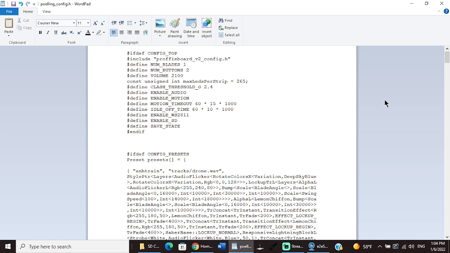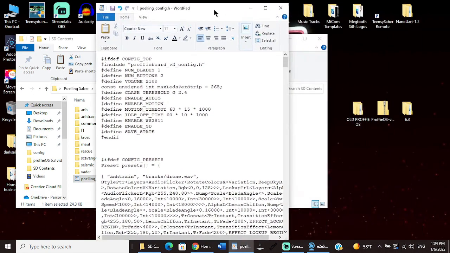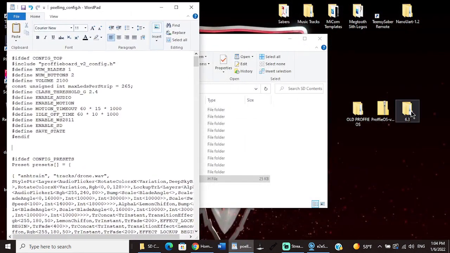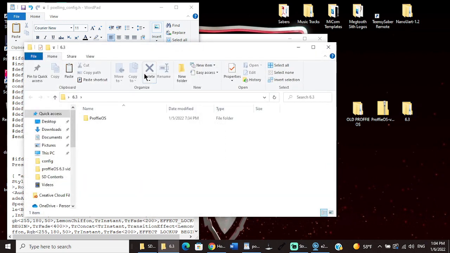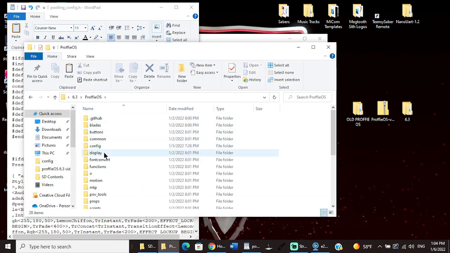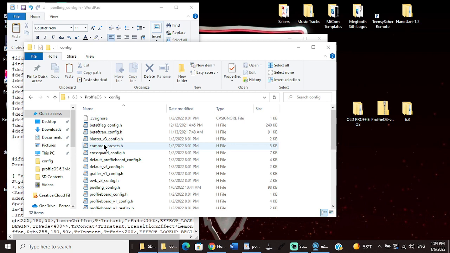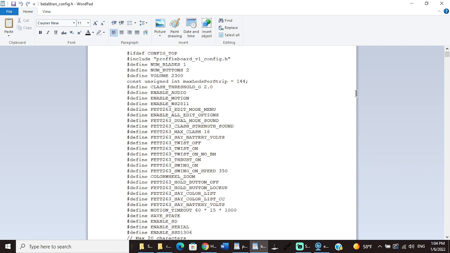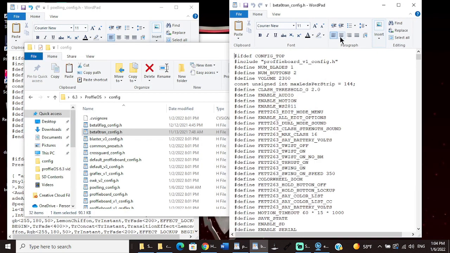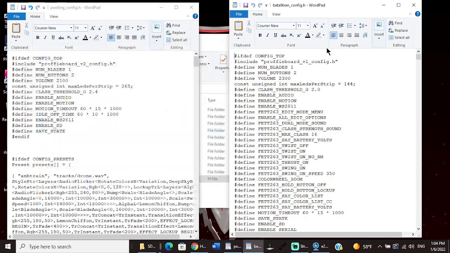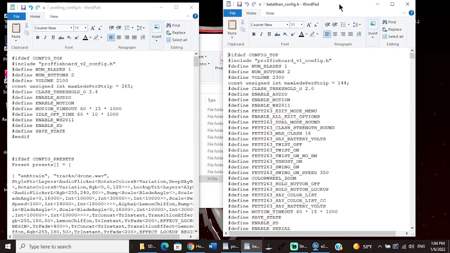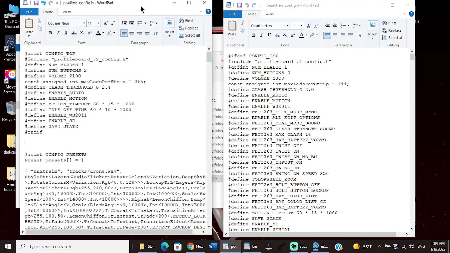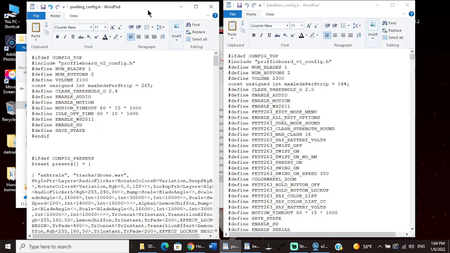Now, I'm going to minimize this or make it smaller, and over here, I'm going to go grab one of my config files that I already have, and pretty sure this one will work. Yeah. And before we get too much into the copying and pasting that I'm getting ready to do to add some of these defines in the top of our config, I want to go back to